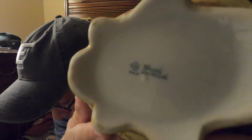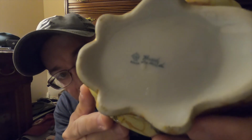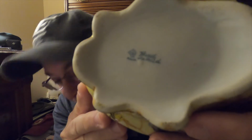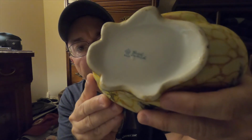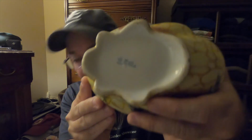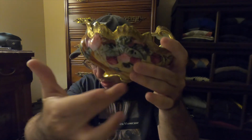It does have the maple leaf mark on the bottom. The maple leaf mark dates this piece to the late Victorian era, so that would put this into the late Victorian era table settings. Another feature of this piece is that it has the shell design that we see on so many other spoon warmers